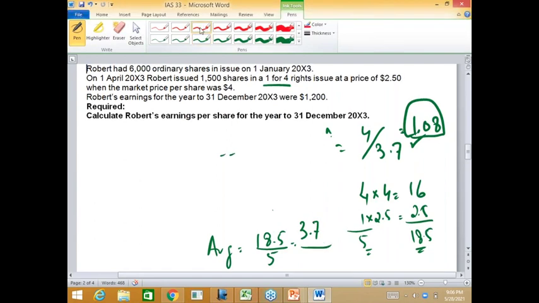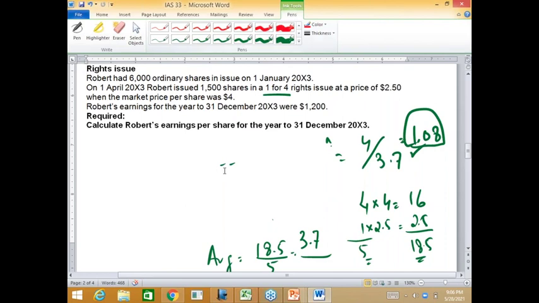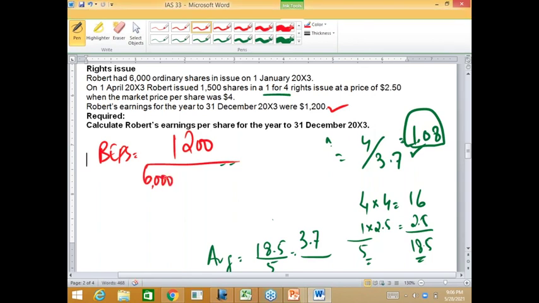Now let's solve this question. The earnings is 1200, and at the start of the year we have got 6000 shares. So first you need to proportionate these shares up to the date of the rights. So the rights was issued on 1st April. So from 1st January to 1st April there will be 3 months, 3 by 12 into